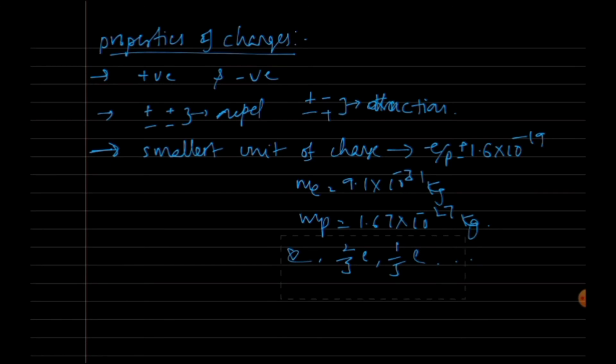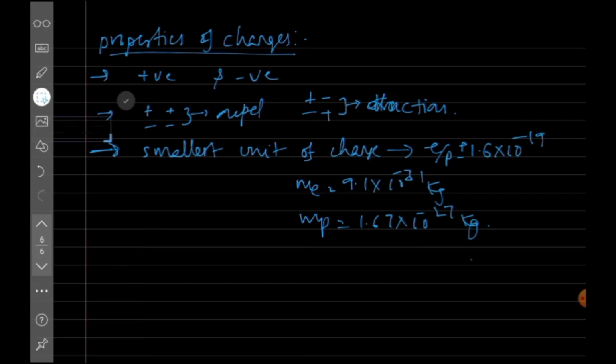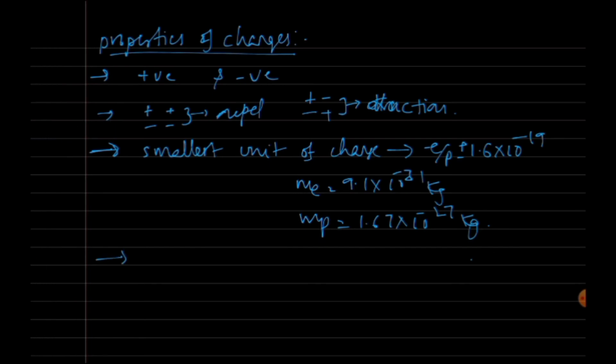It is the charge of an electron, or proton. Now let us go to the next point. It is a very important point we need to understand. So let's take a hydrogen atom. How many electrons will be there? One electron. How many protons? One proton. If you take a carbon atom, there will be 6 electrons and 6 protons.